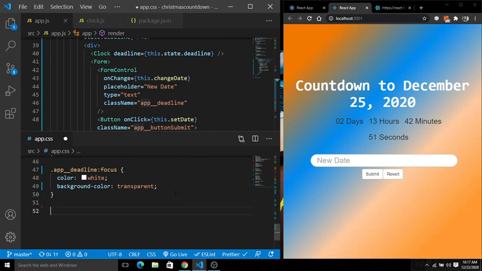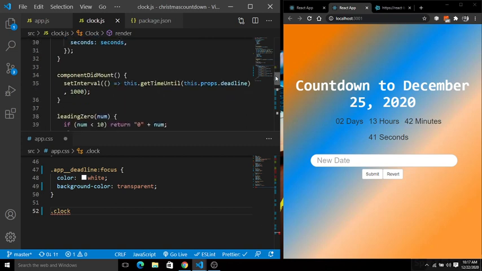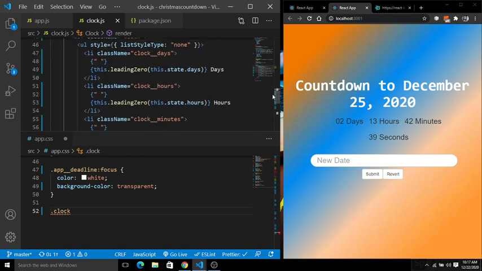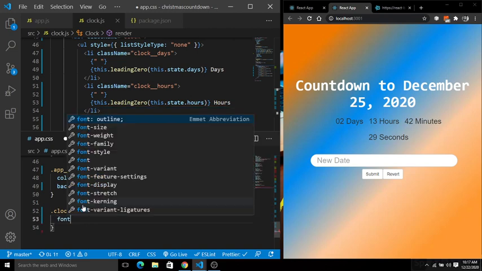Next, it's time to style this countdown clock here. For this, select this. We have clock. Let's go to clock.js. We have clock date, and inside the clock date we have the h3 tag. So style this h3 tag.